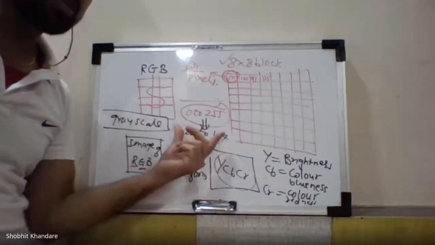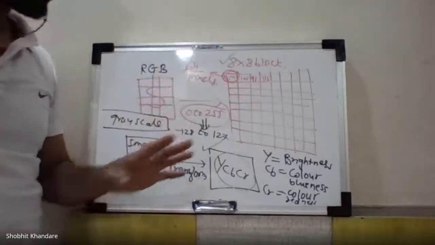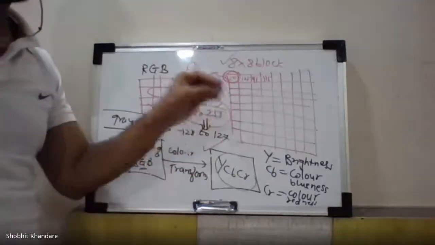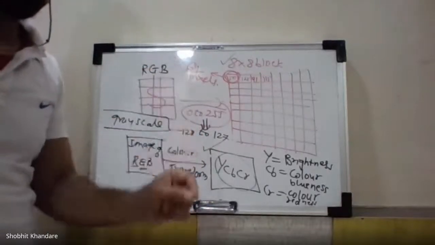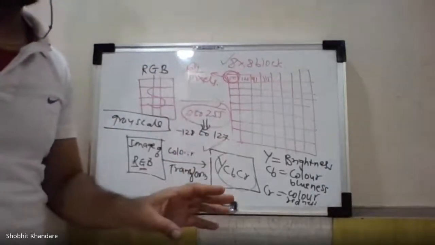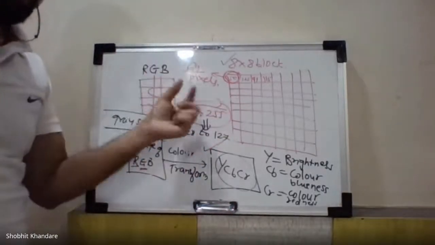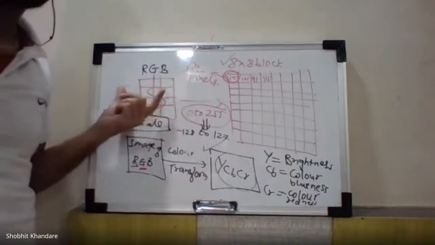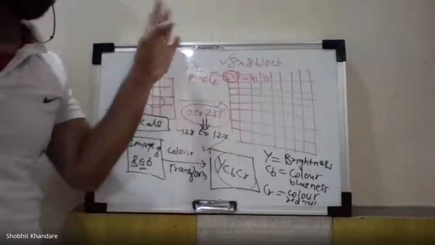Now this is the prerequisite before you apply DCT. Whatever I explained just now is the pre-processing of the image before you apply DCT. So please remember that block diagram. Before I apply the DCT, I have just shown you the image, but in the image you have to do all of this. Then only I can apply the DCT.